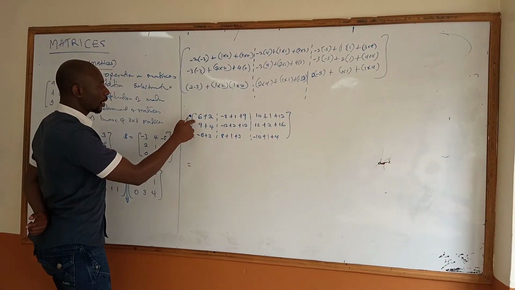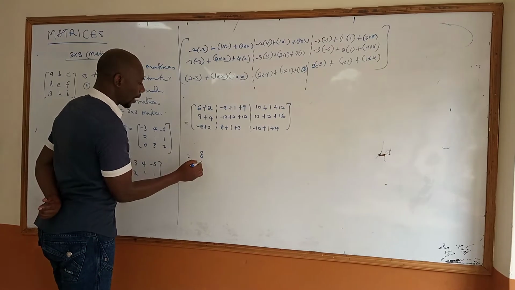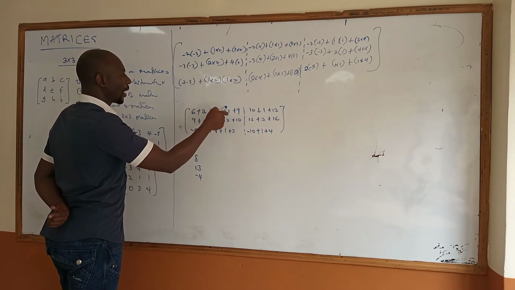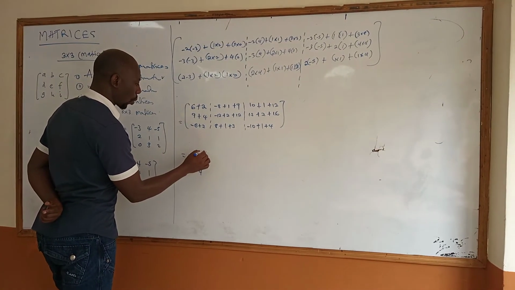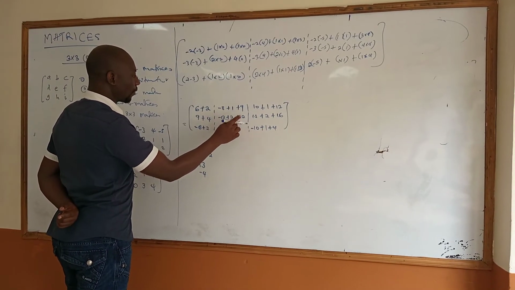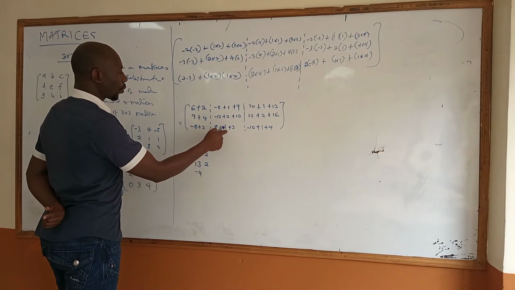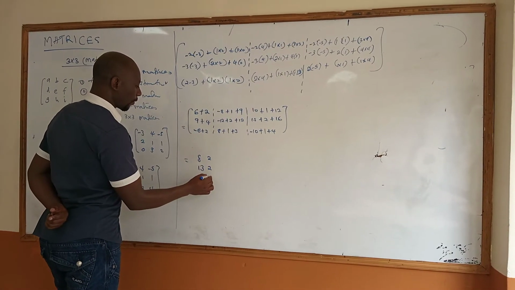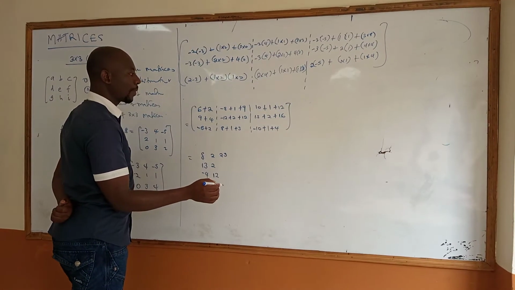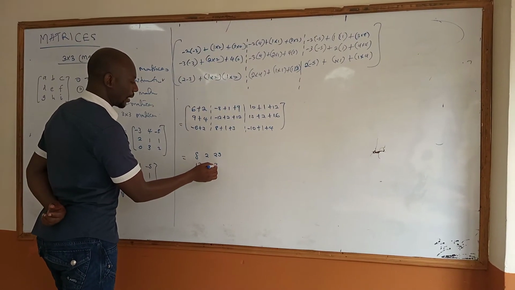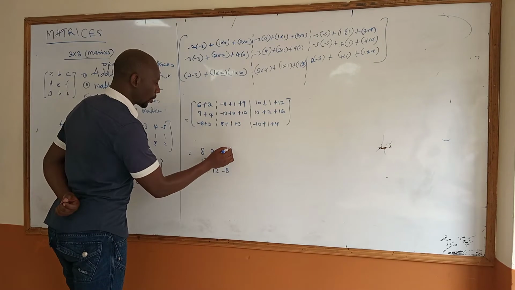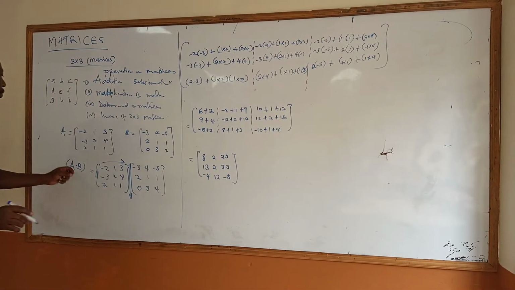So sum each point. 6 plus 2 gives you 8. 9 plus 4, that is 13. Negative 6 plus 2 gives you negative 4. Negative 8 plus 1 plus 9 gives you 2. Then negative 12 plus 2 plus 12 gives you 2. 8 plus 1 plus 3 gives you 12. 10 plus 1 plus 12 gives you 23. 15 plus 2 plus 16 gives you 33. Then negative 10 plus 1 plus 4 gives you negative 5. So this is actually the product of the two matrices